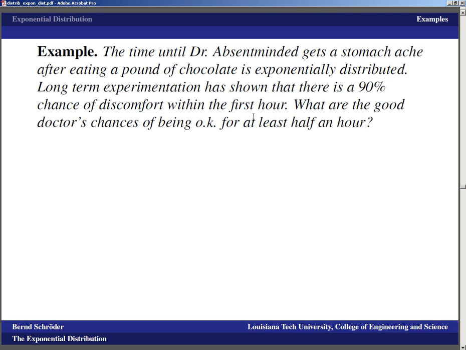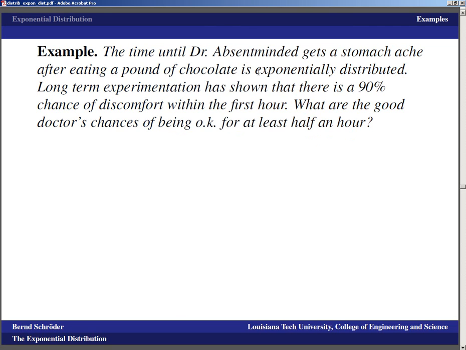And so now we want to know what are the good doctor's chances of being okay for at least half an hour. Alright, so that is not something that I would recommend to do. Long-term experimentation can certainly lead to damage and things like that, so it's obviously a made-up problem, but some of